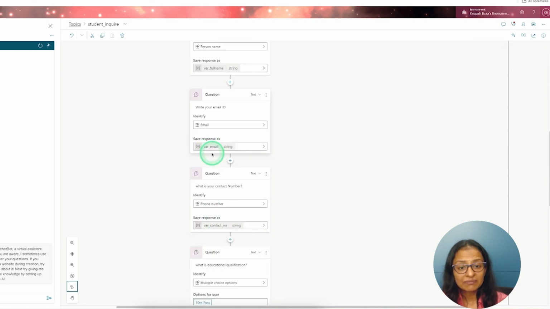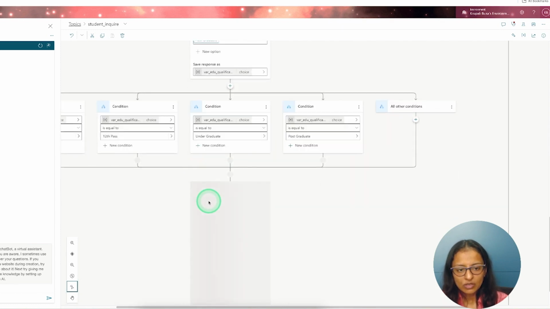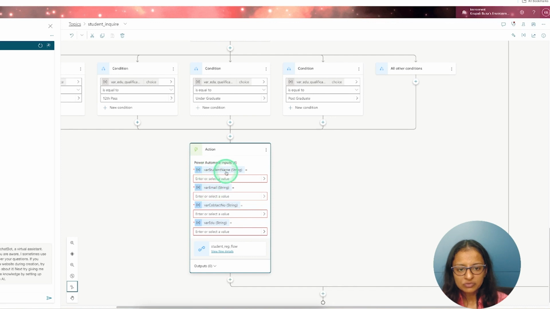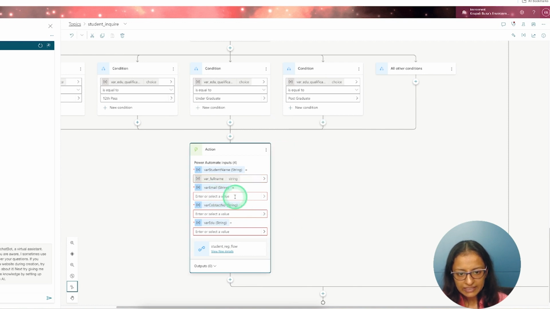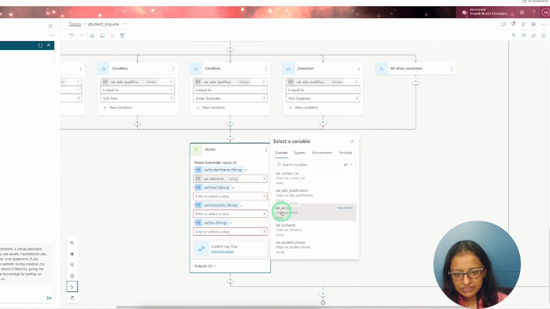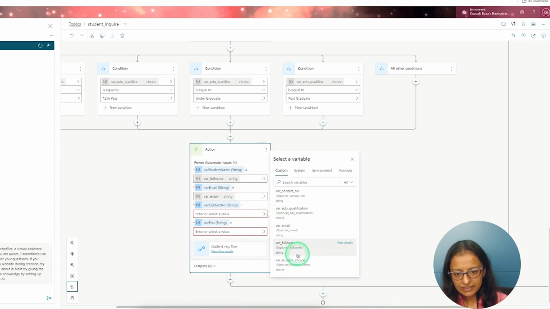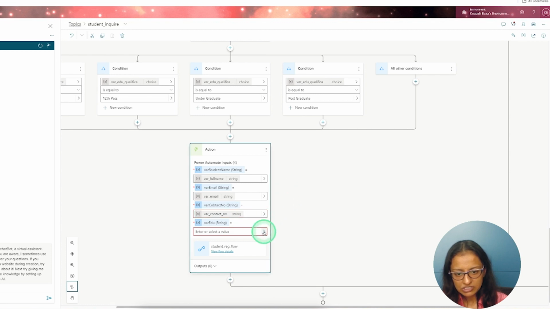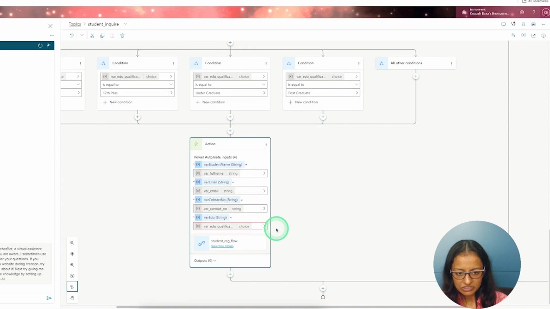These are the variables which contain the values which Copilot asked from the students. So let's go to the flow. In student name from Power Virtual Agent, I need to pass the variable full name. Then for email, I need to select the variable email. Then for contact number, I need to select the variable contact number. And for educational qualification, I need to select the variable educational qualification.